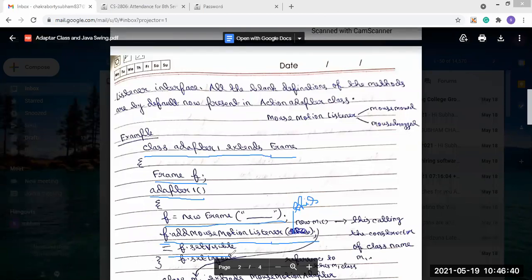Set layout, we have already shown the layout classes that are present: border layout, card layout, and grid layout. Any of these, whichever we use, we will set it through the set layout command, and set visible,